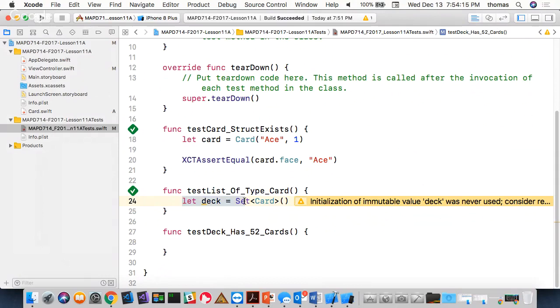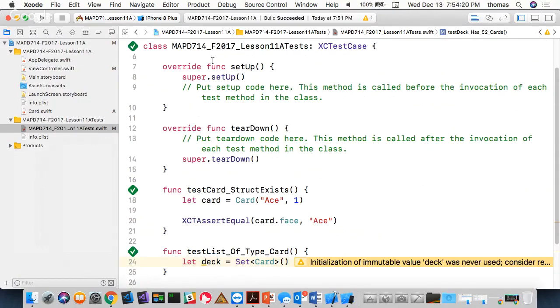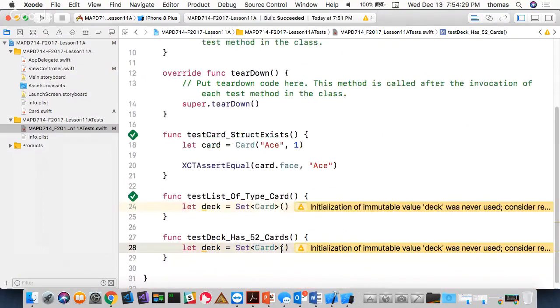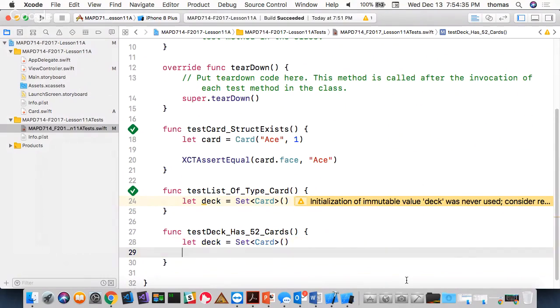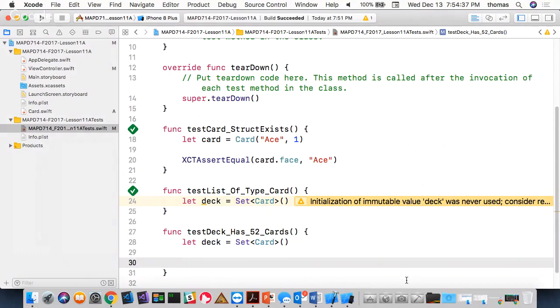I could do this again, right? But this is what this is for, where I do my setup up here. I could also set it up so that I can set the variables so I can use them over and over again. For now, I'm not going to. I'm just going to do it each time. Each time I test, I'm going to have a new deck of cards. And what I want to do is I want to say